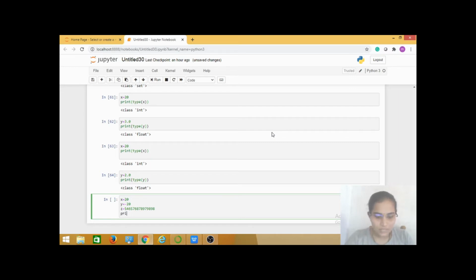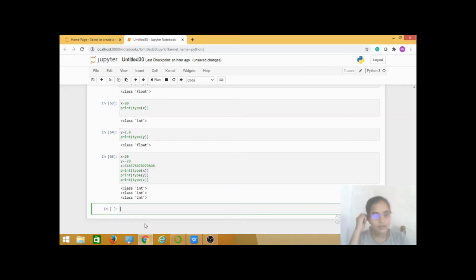Here I am using a print statement, print of type of x, and I want to check what data type y contains. Here I am using the same statement with y, and again the same statement with z, and I am executing it.